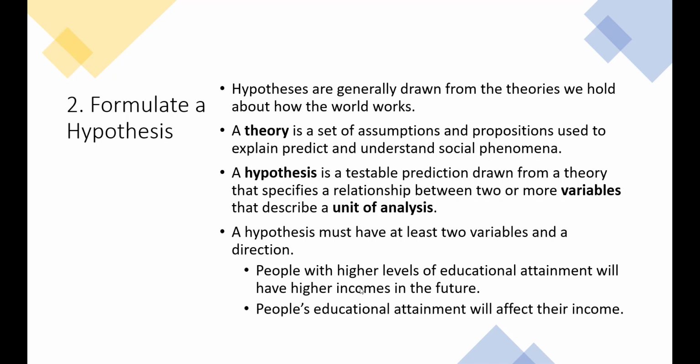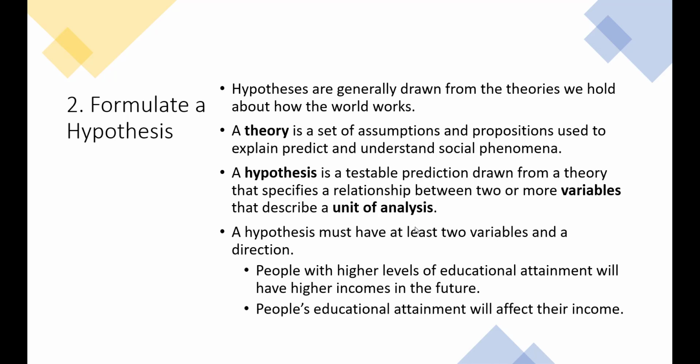We also have a direction. We're saying that higher levels of educational attainment will lead to higher incomes in the future. That is a direction. As one is getting higher, the other is getting higher. And this is called a positive relationship. It's positive because as one variable moves, in this case educational attainment, the other variable, in this case income, moves